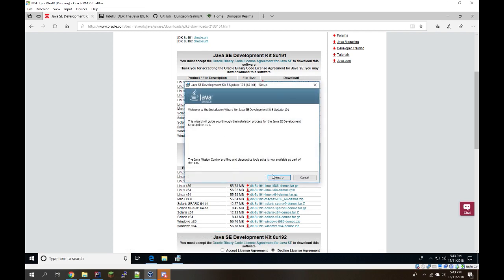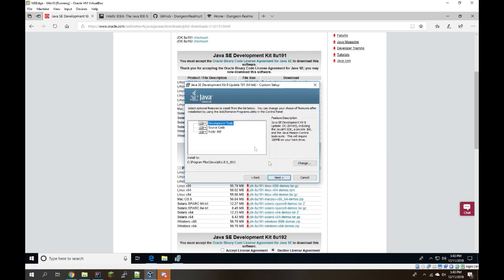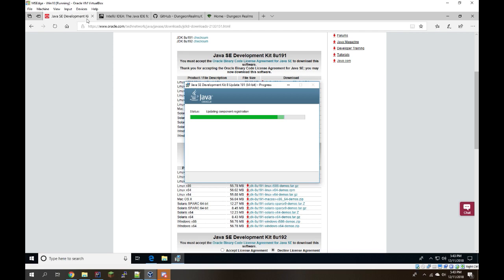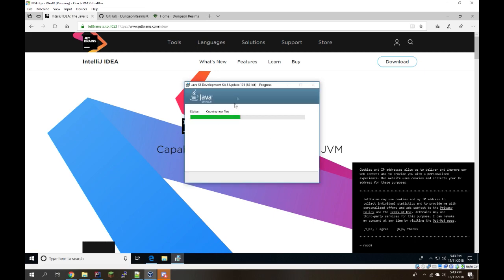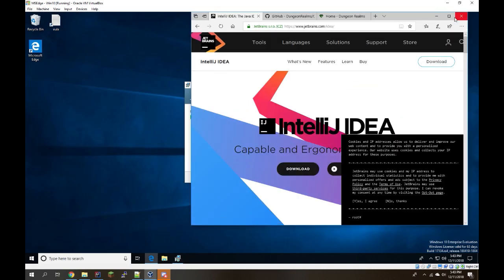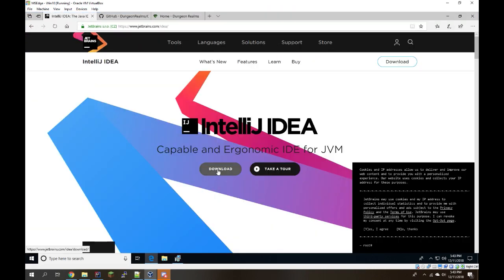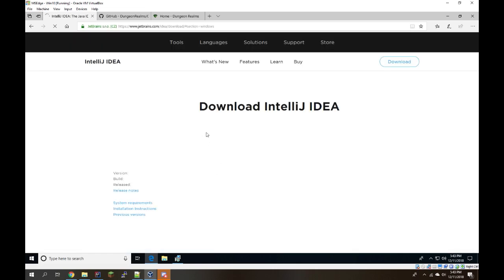All right. So now that that's downloaded, we're gonna install it. It's pretty simple. Like the installer does everything. Just gonna shut that tab. It's gonna do that. And in the meantime, while that installs, I'm going to download IntelliJ IDEA, which is what